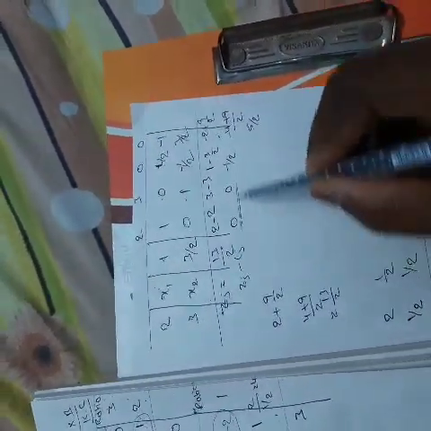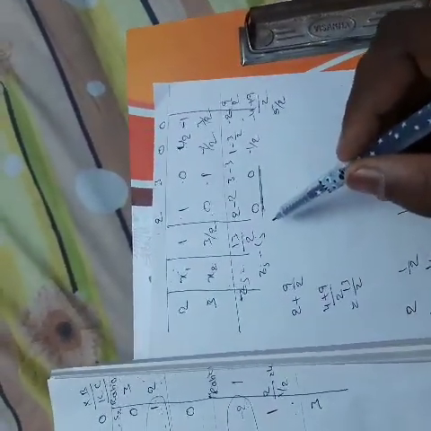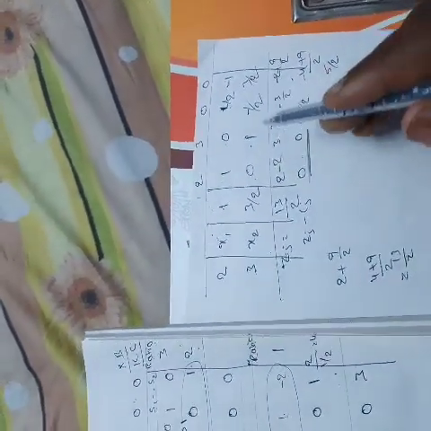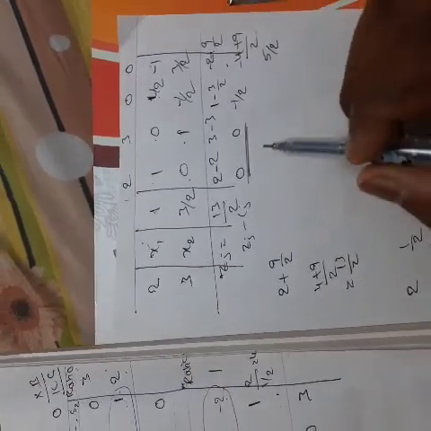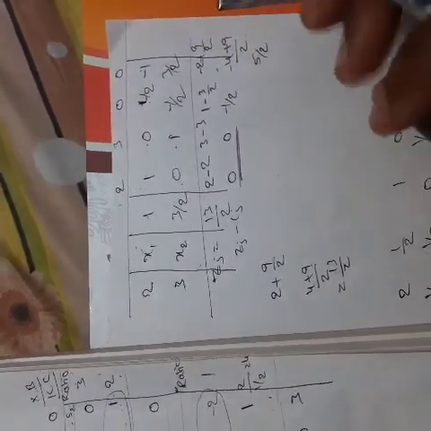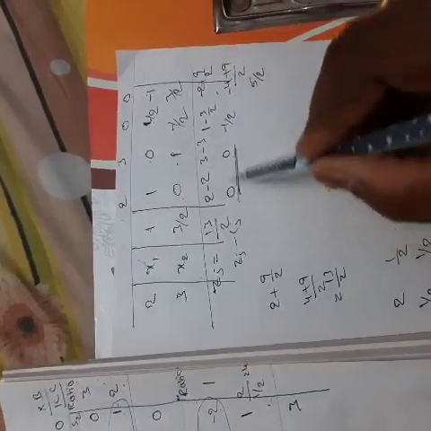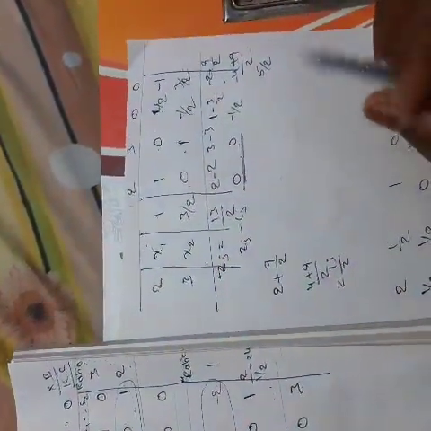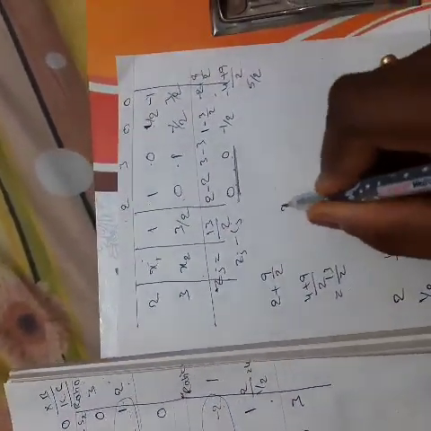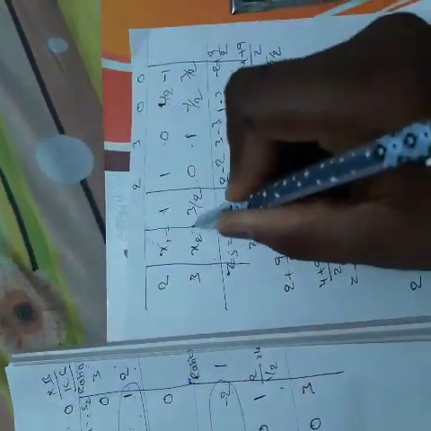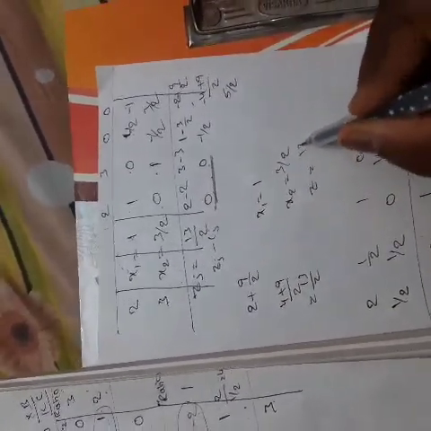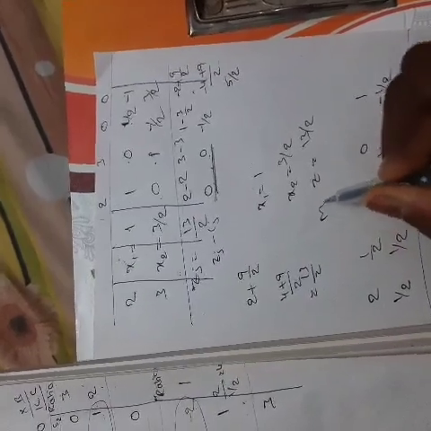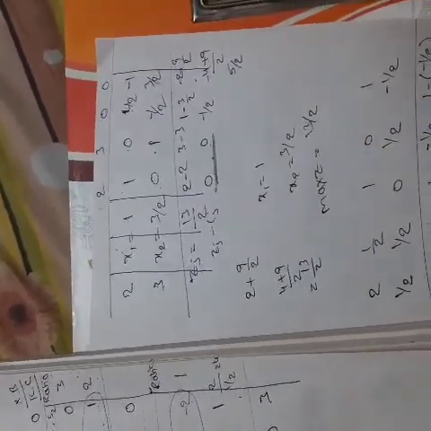So there is no negative value in the x1 and x2 variable positions, hence the problem is over. You have to look only at the positions of the variables they have given, x1, x2, x3. There are no negative values, hence the problem is solved. The value of x1 is 1, x2 is 3 by 2, and the maximum value of z is 13 by 2. This is the solution of a simplex problem. Thank you.